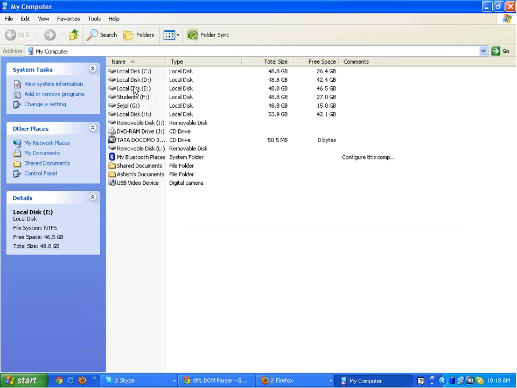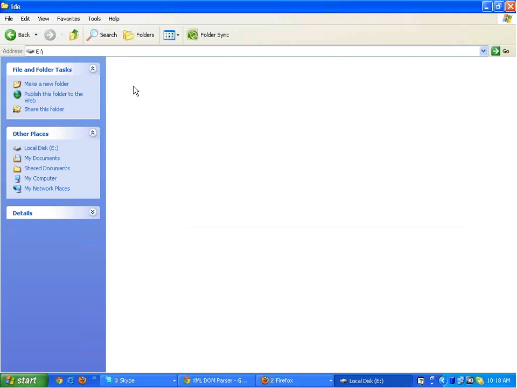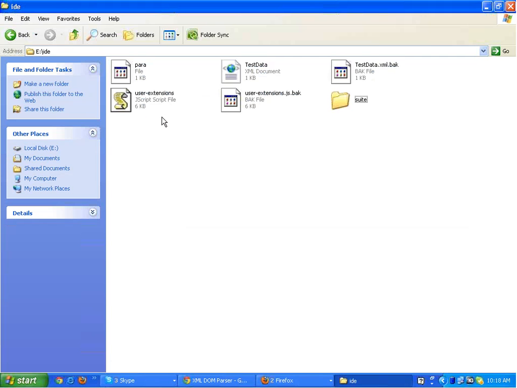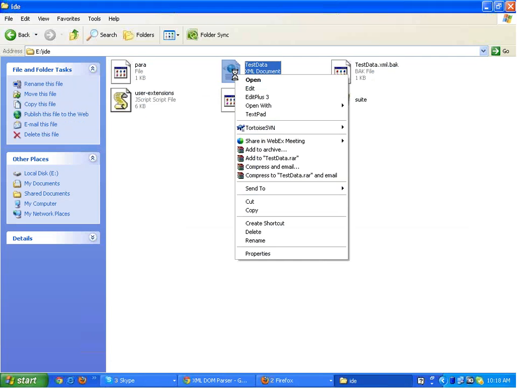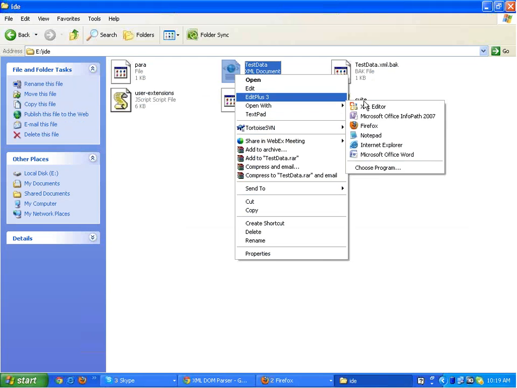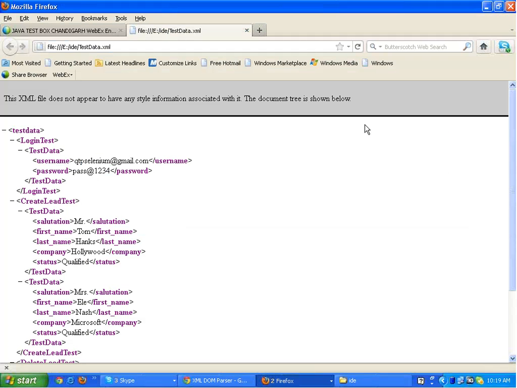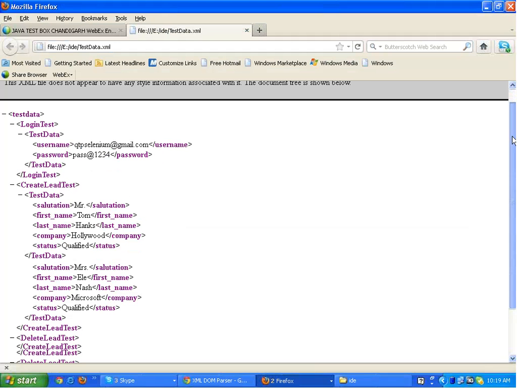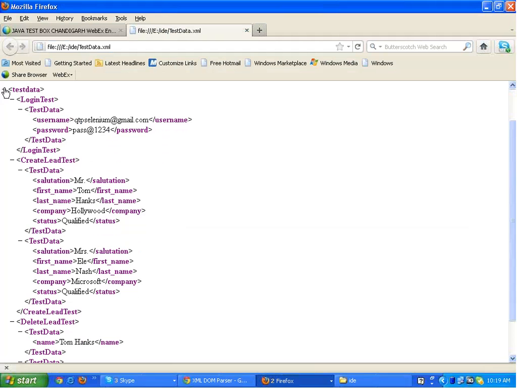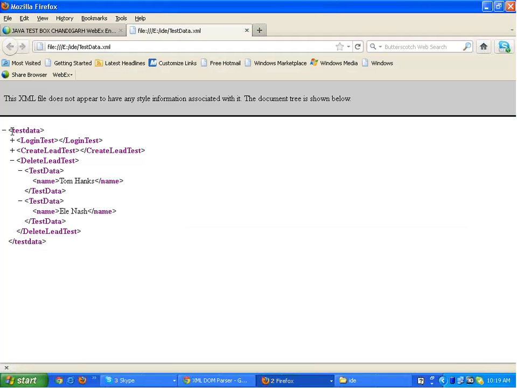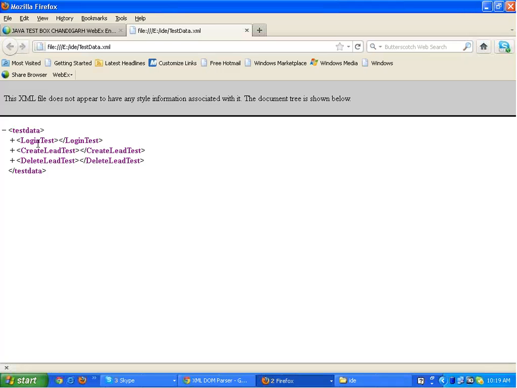Okay, so this is the IDE and I will read the data from this XML file, testdata.xml. How does an XML file look? It looks like this. I've got a starting tag called test data. Inside this tag I have got three tags called login test, create lead test and delete lead test,